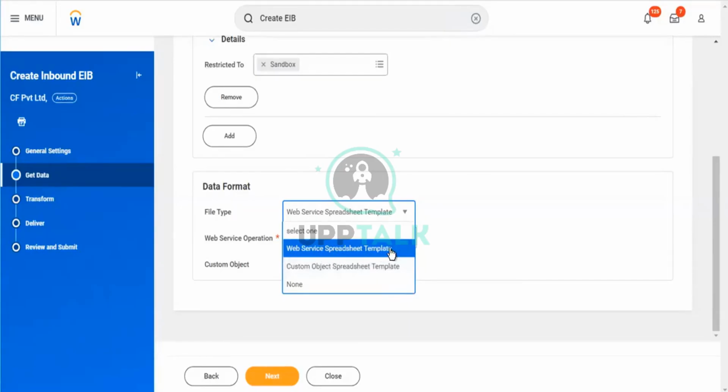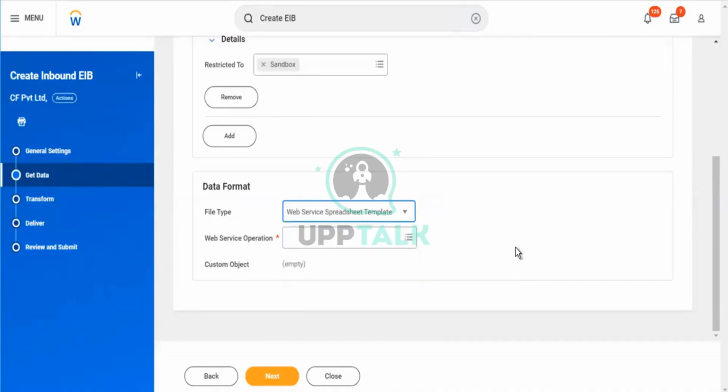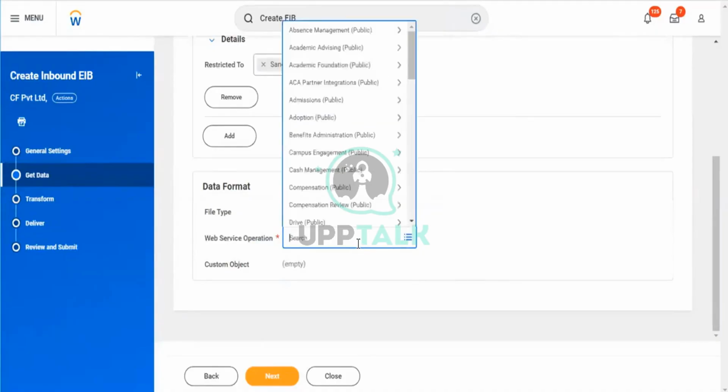Why? Because the web services spreadsheet template is going to connect directly to the Workday service. The custom object spreadsheet is only connected to the internal organization data service. I'm going to select my web services spreadsheet. Click on the web services and operations tab. In this, we will get